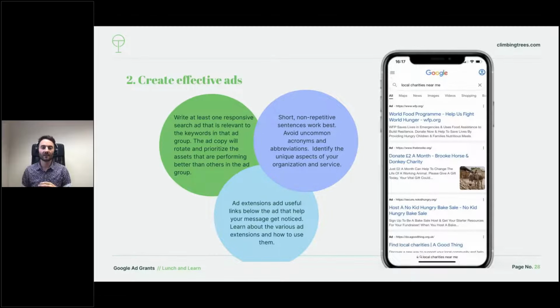Here's some advice for creating effective ads. The ad type you'll probably be working with most is called a responsive search ad. Within an ad group, you would typically have just one responsive search ad, and you will provide multiple headlines and descriptions. The algorithm will start to learn which of these headlines and descriptions works best, and it will prioritize those. We'd recommend using short, non-repetitive sentences,